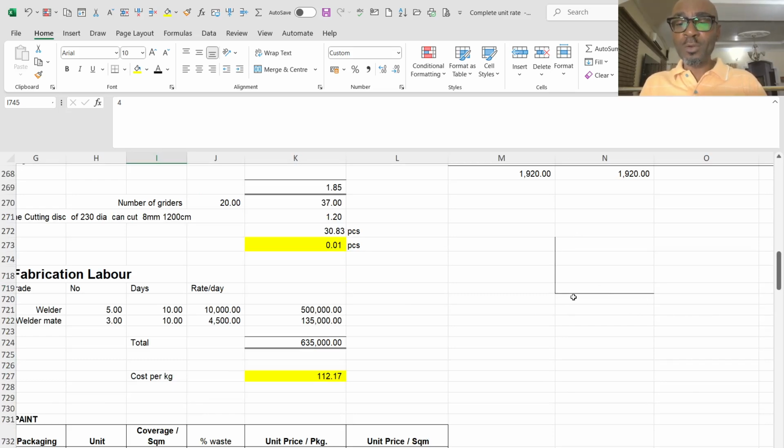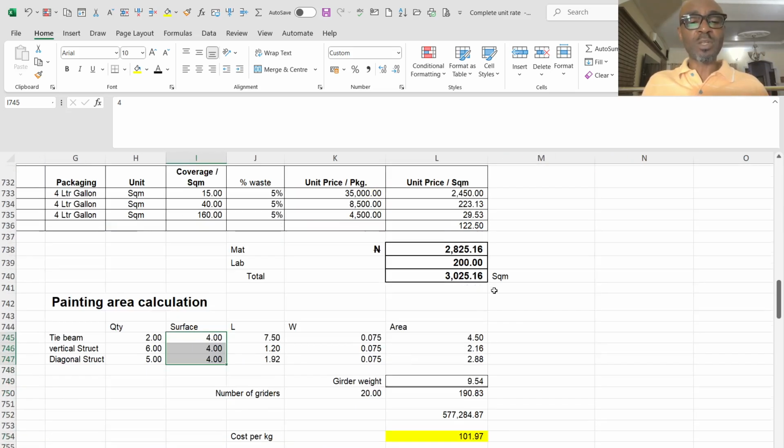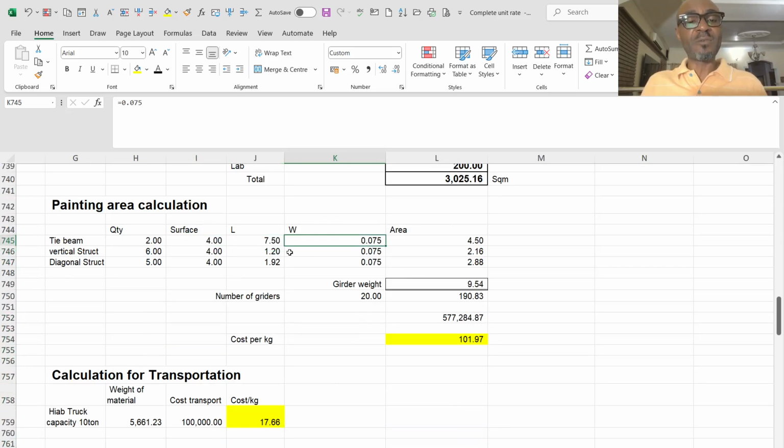This is the angle iron. You are going to paint the back of this and paint the inside of it, so it is 2. You are going to paint the bottom also, back and bottom, so it is 4 portions. 1, 2, 3, 4 of 0.75 that you're going to paint. So that is what I did here. This is 0.75 by 4. So this is the square area for one girder,